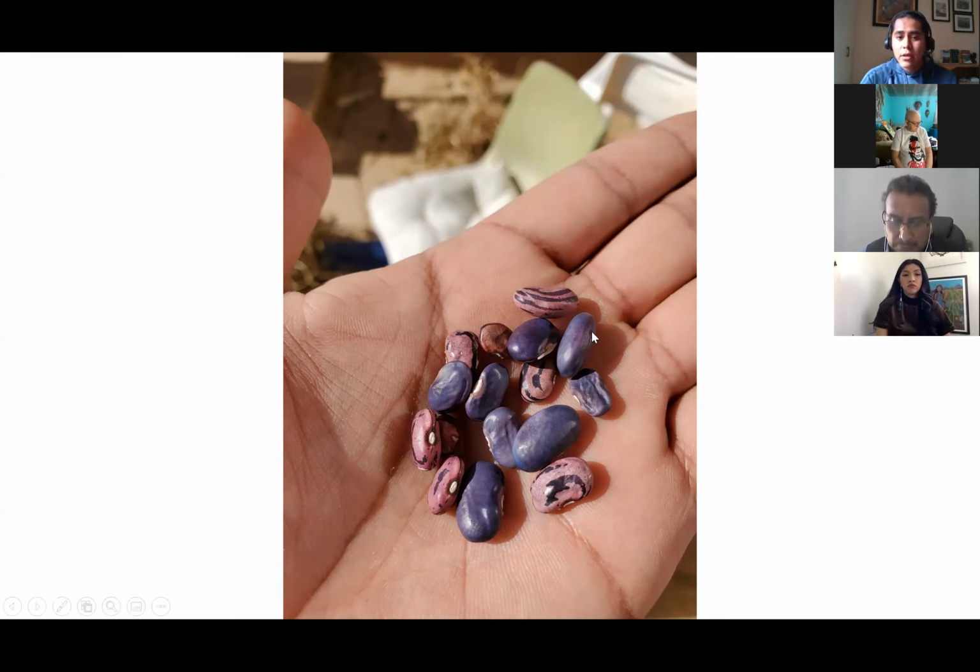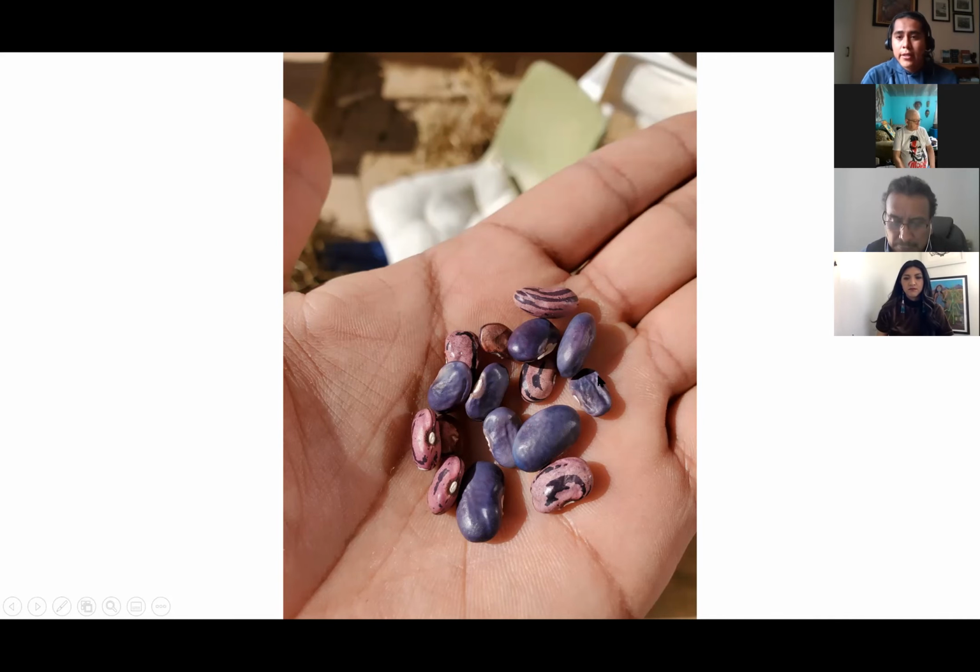And these purple seeds are really interesting to me. I have them saved. I want to plant them sometime soon. Purple, it's like a Hopi purple string bean or something like that. I'm not too sure. If any of you know, go ahead and put it down in the comments if that reminds you of anything there.